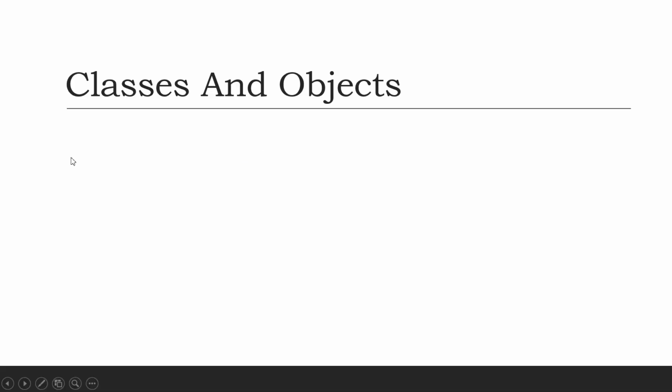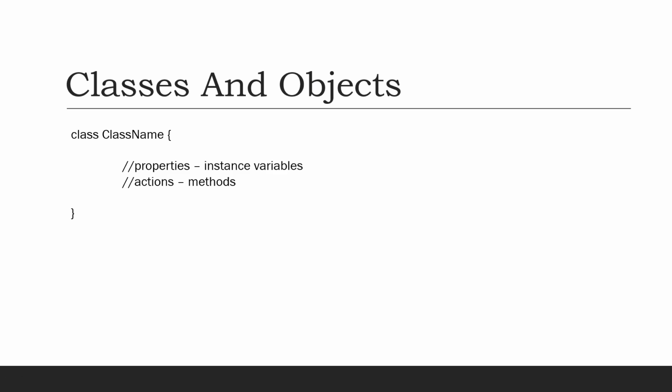The first feature of the OOPS concept is classes and objects. We know a class is a model for creating an object. This means the properties and the actions of the objects are written inside the class. Properties are represented by variables and actions of objects are represented by methods. So a class contains variables and methods. The same variables and methods are also available in the object because they are created from the class itself. We will see how to create that and what that object is.